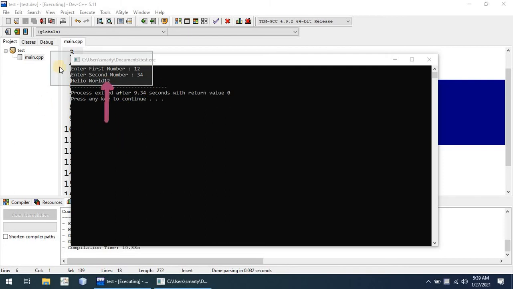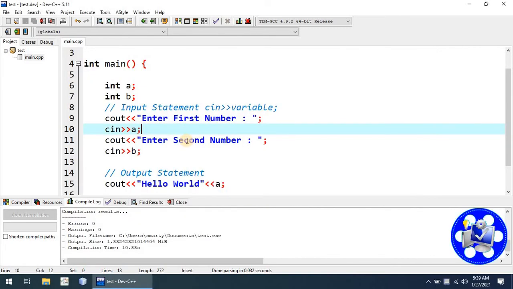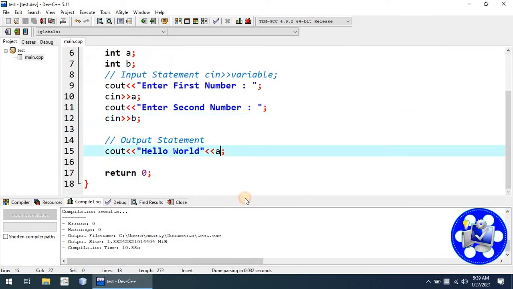Now we can perform different kinds of operations on the input we are discussing here. We can also provide the sum of these two numbers by just providing here a plus b.